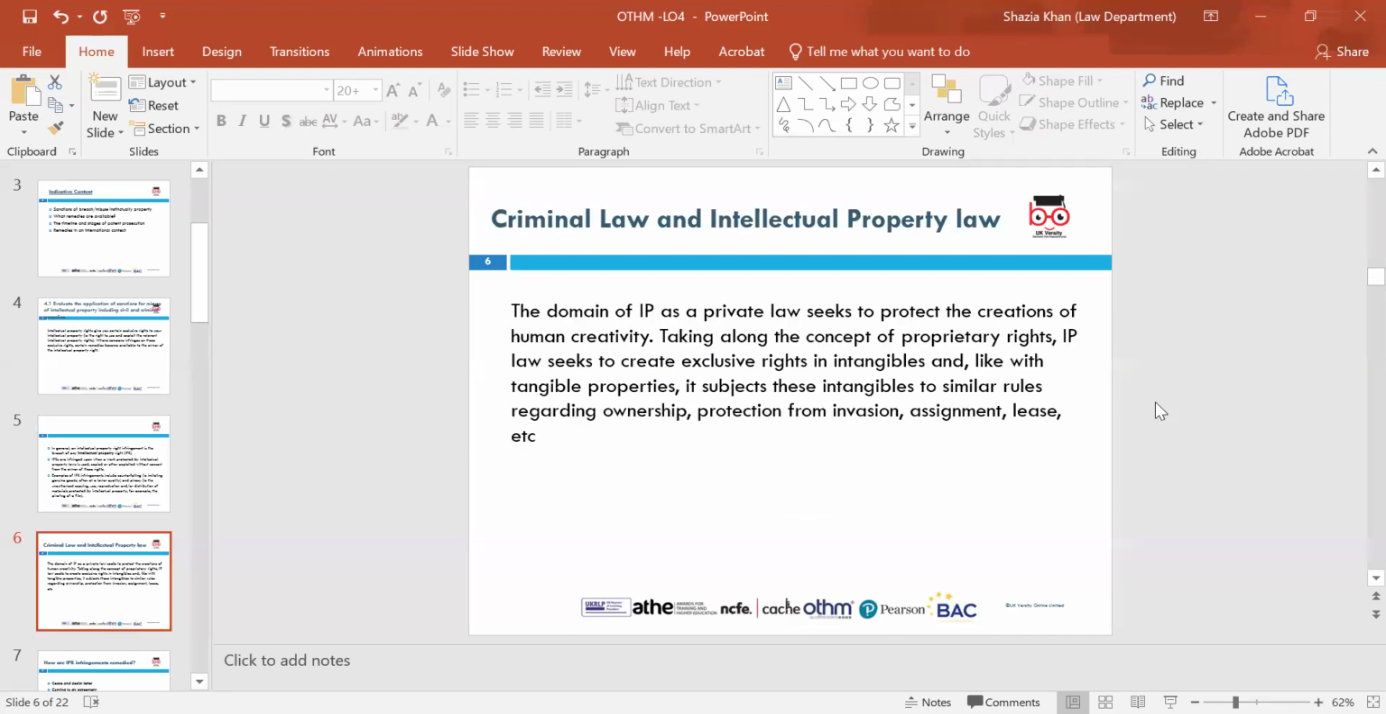Criminal law and intellectual property. So the domain for criminal law